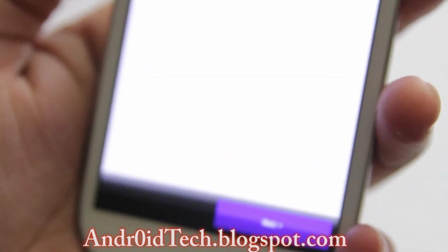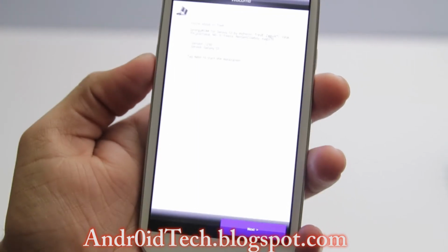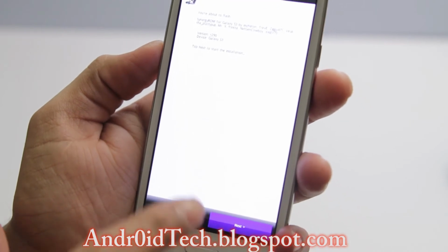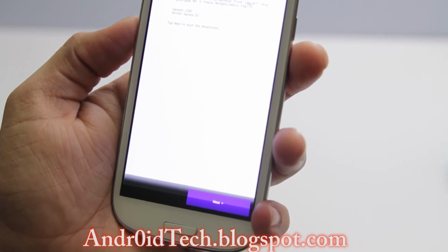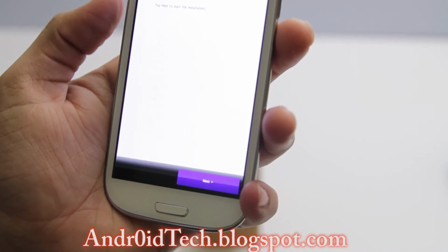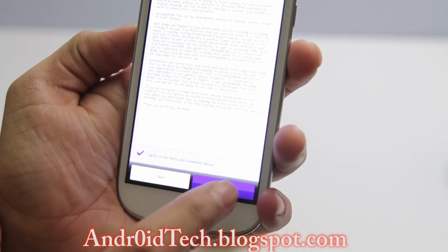And it does have an Aroma installer, which I did not know about. So you're going to have to see all this white on white. That's why it says you're about to flash Synergy ROM for Galaxy S3 by Aslan Tribe, and it has all the members' names, and the version is R90. I'm going to press next, agree, next,